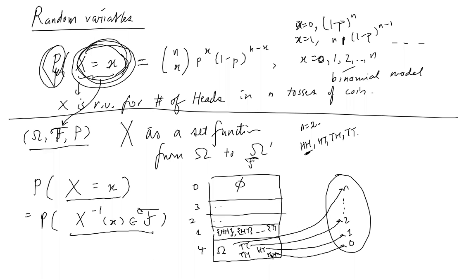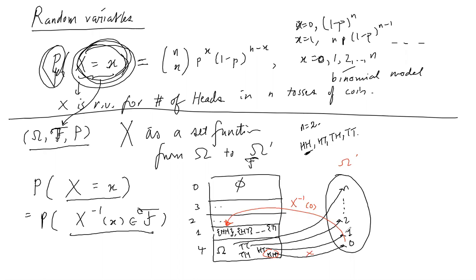basically, we're saying that we come from, let's say, HH to 0, and then we map it to here. So this is the inverse. You take this and put it here, and the reason is because you can only discuss things that are inside your F. So when you say X is equal to x, it basically means that you are first doing a mapping. You take the set in omega, go to this image space, and then you have an inverse mapping that puts it to the F, the sigma field.